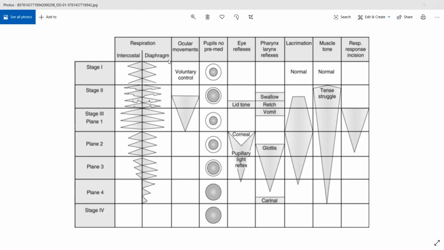If I take a scalpel and I try to cut a patient, obviously their body will react reflexively, right? So I want to avoid that. Whenever I'm trying to perform surgery, I do not want reflexive activity to occur in a patient. If they are having reflexive activity, I will not be able to perform the surgery properly.